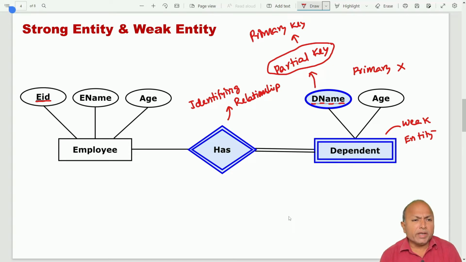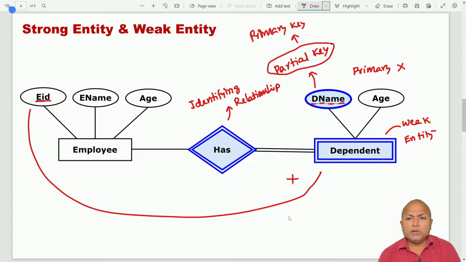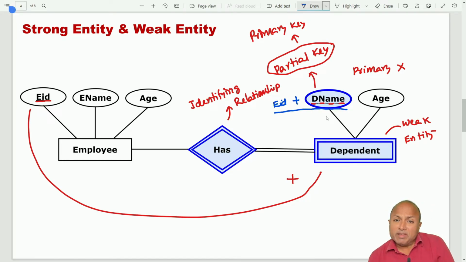From this strong entity, you have to take the employee ID and add it to this particular dependent table. So here, employee ID is added to the dependent name, so that by combining these two attributes, employee ID and dependent name, we can generate a primary key so that we can identify the tuples or dependents uniquely. That means who is B Lakshmi, here we'll see the particular example of how to identify the